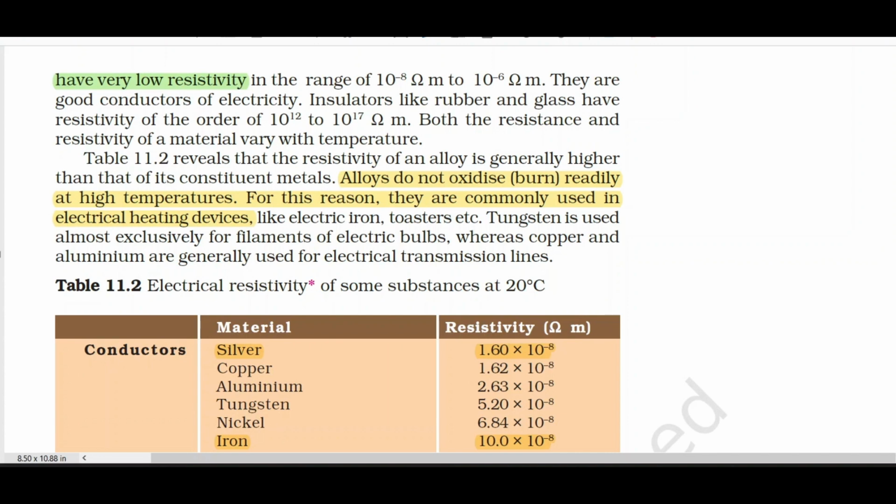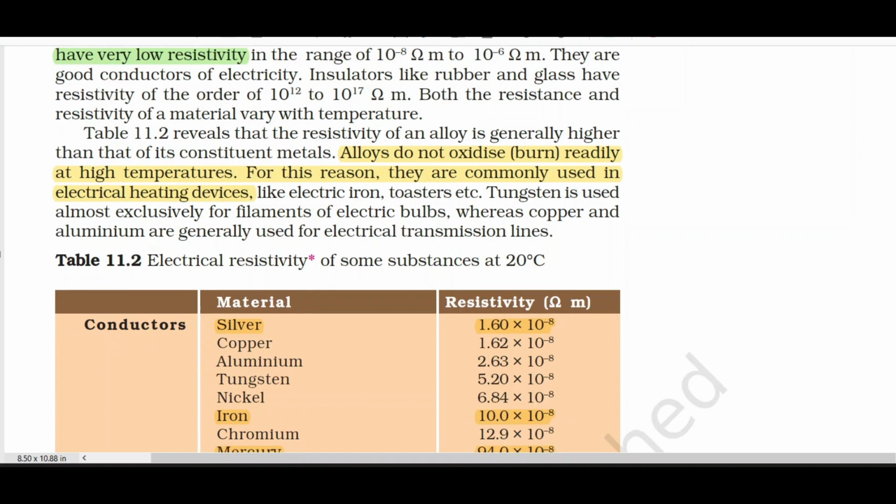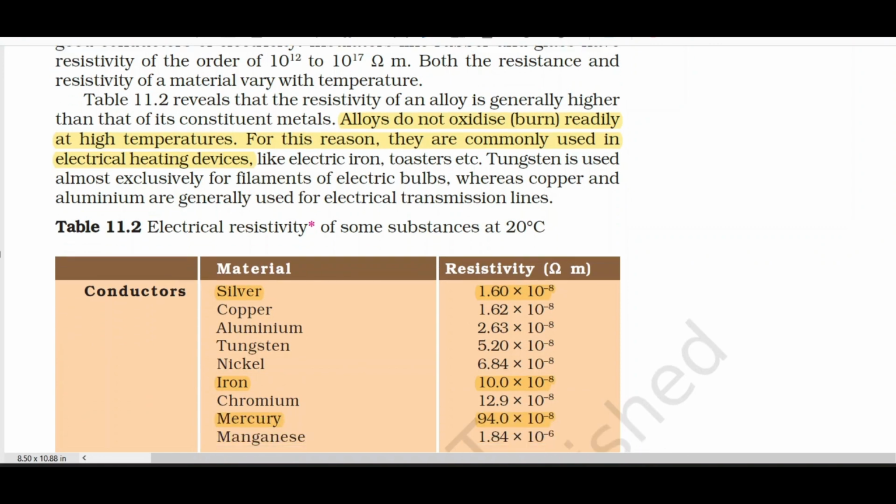Insulators like rubber and glass have resistivity of the order 10 to the power of 12 to 10 to the power of 17 ohm meter. तो यहाँ पे हम देख रहे हैं कि इनकी resistivity is significantly higher, and these are poor conductors of electricity. Both the resistance and resistivity of a material vary with temperature. जैसे जैसे आप टेम्परेचर बढ़ाओगे या घटाओगे आपका रेजिस्टेंस और रेजिस्टिविटी चेंज होती रहती है।